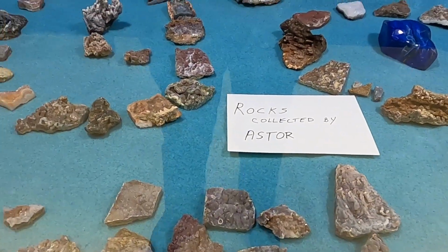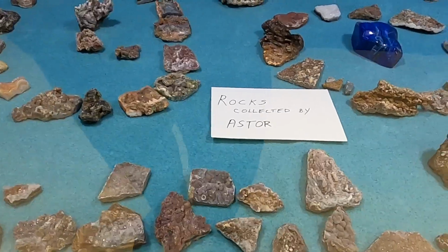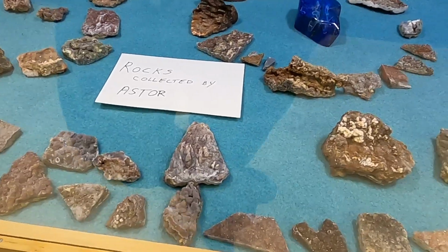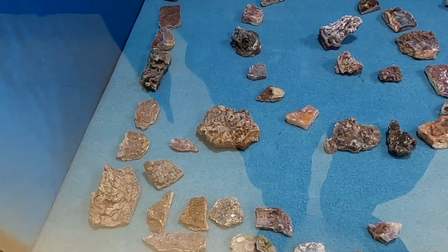Rocks collected by Astor. There's a person who watches my videos and joins me in my live videos called Astor. I wonder if it's the same person. I've only ever met one, and it was through the YouTube videos, where you can name yourself anything. So